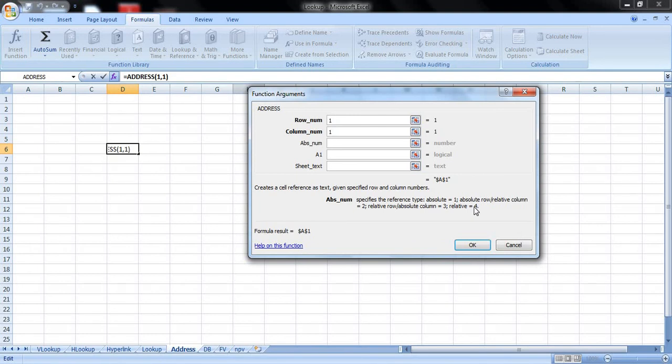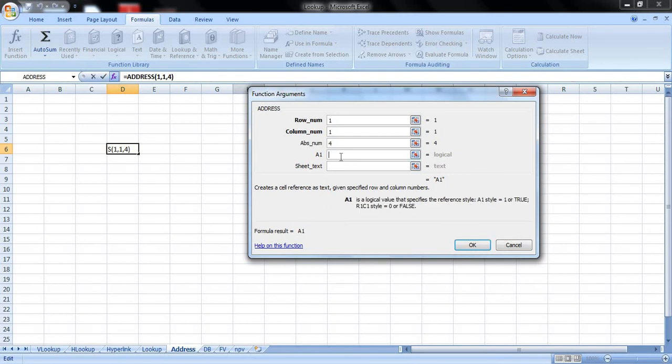Let me select the fourth one first. As you can see, we have the column name and row number directly. Otherwise, $A and 1 or A and $1 if you select the second or the third option. If you select the first option, $A$1 will be the pattern of your data.